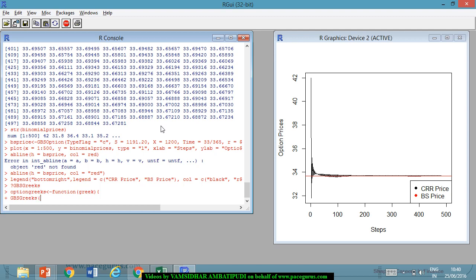Some of the inputs of GBS Greeks: first I require the selection, whether it is gamma, delta, whatever it is. That is what I am calling selection, which I'll pass as a variable, so let me take it as Greek itself. Then I require the type flag based on what I am computing: is it for a call option or a put option? Because this is Black-Scholes, I'll give it as C, not CE, because it's a call option. Then I require the stock price,